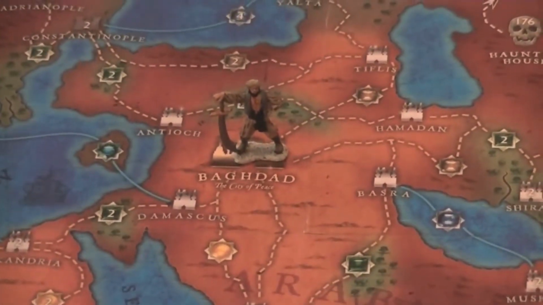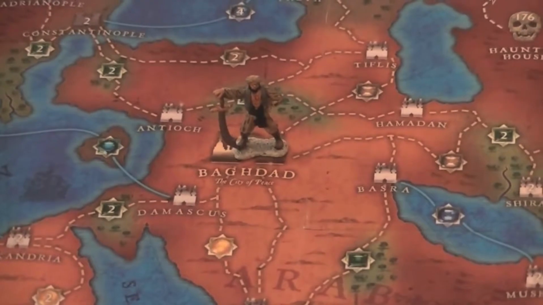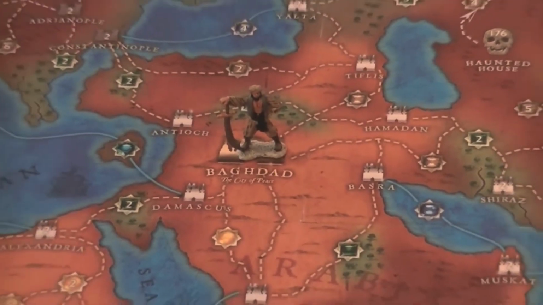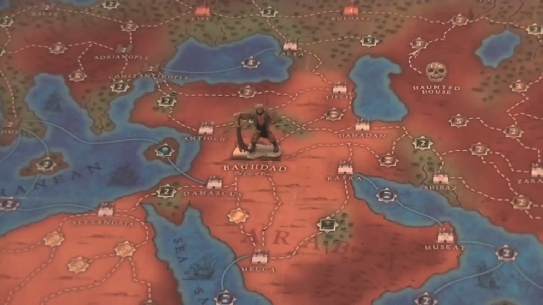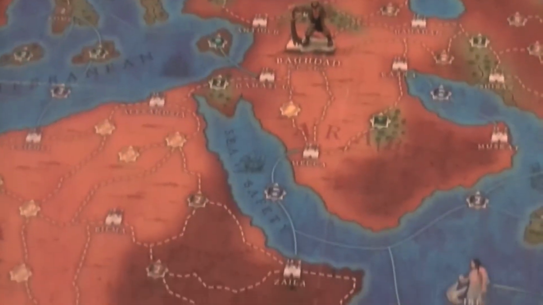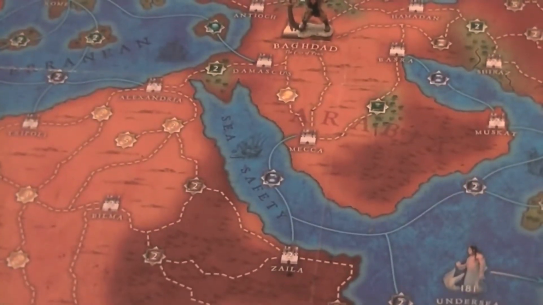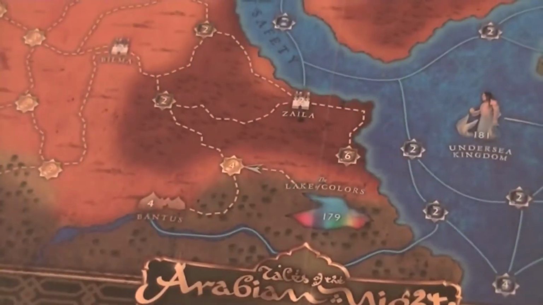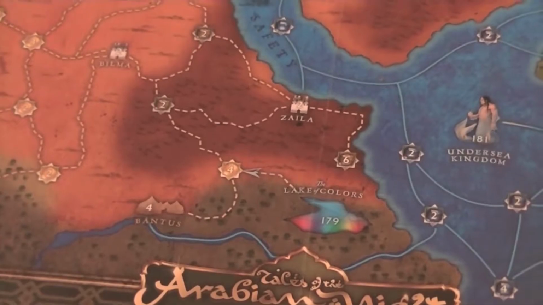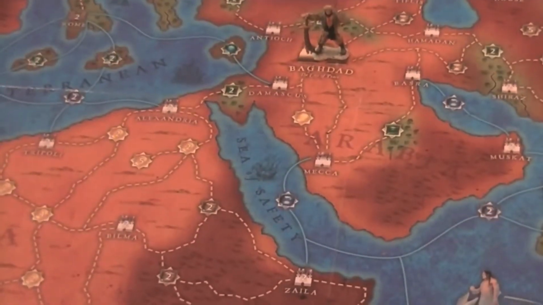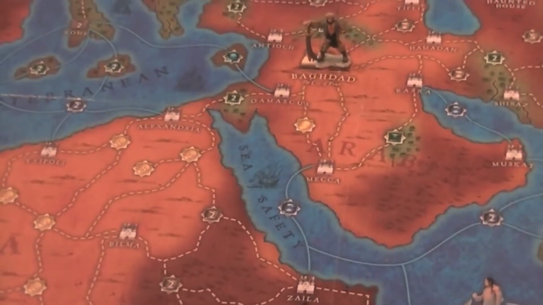So first, what we're going to do is we start off with our character in Baghdad, and we're going to take our movement points. We're going to move our character in whatever direction we decide to go based on those points. So starting off, I believe we have 3 land movements, and we're going to decide where we want to go in this land. So we decide maybe we want to try to work our way down towards Vantas, and so we're going to start our character movement in that direction.